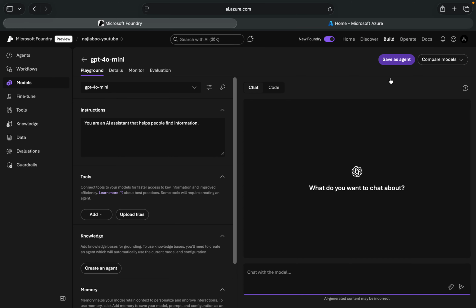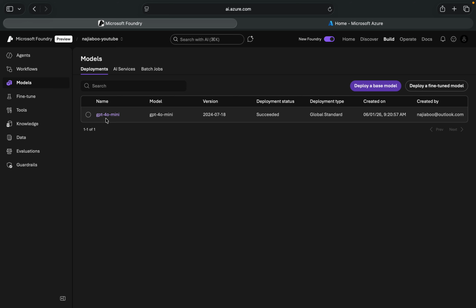Okay, I think deployment is done. Yeah, deployment seems to be done. So let me go back and see this. Okay, so here I can see the deployment is done. GPT-4o mini is done, the deployment part is done. Now the next step is